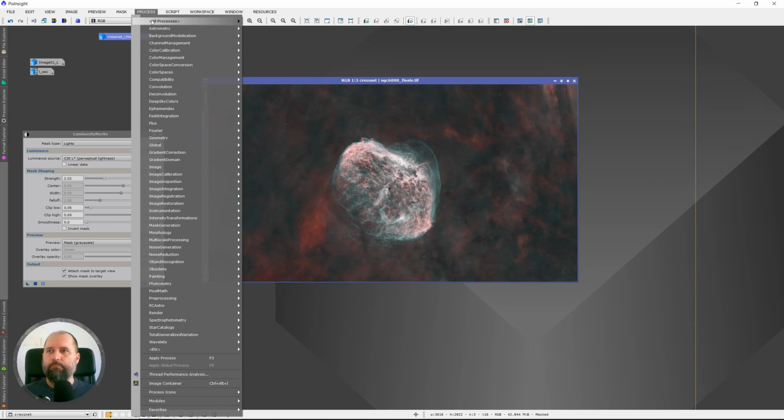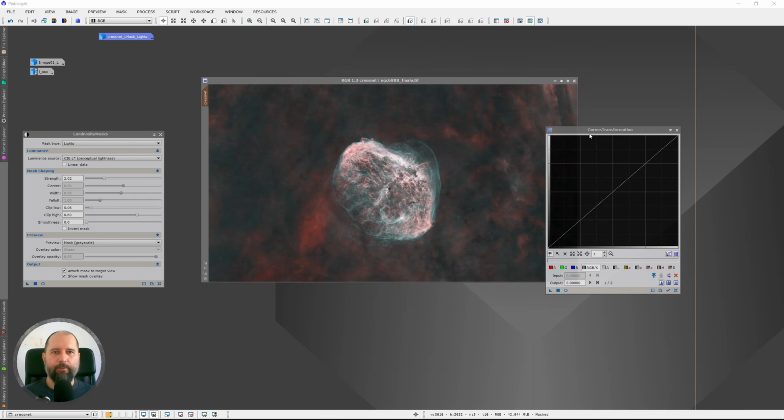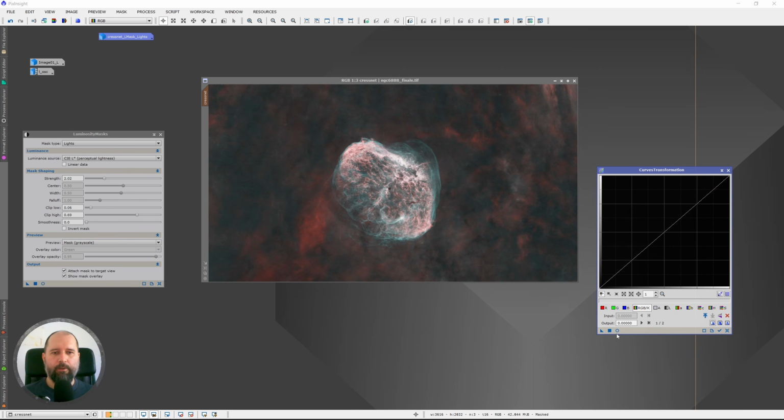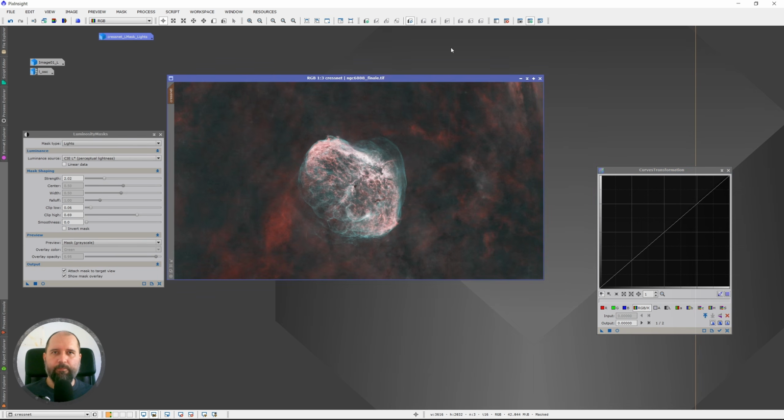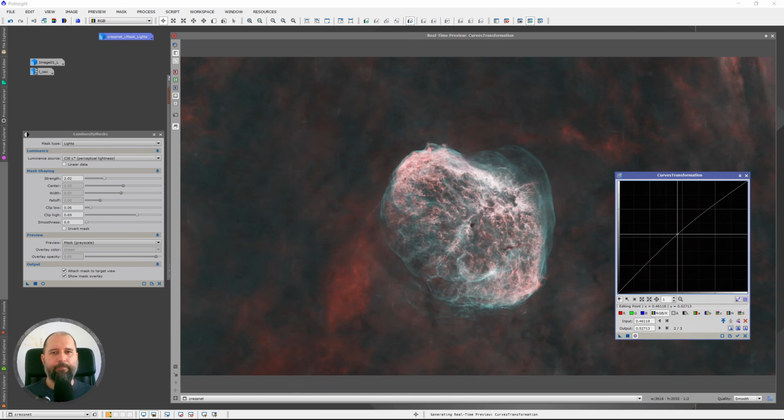So when we want to, let's say, go to the curves, remember the mask is on, the brown tab is on, so the mask is here, and we want to manipulate the image with curves. And now when we raise the curves, we are applying the curves only on the masked area, as you can see. And if we want to lower it down,